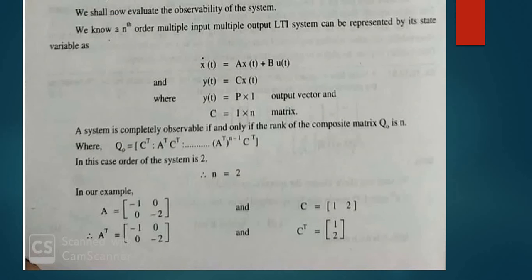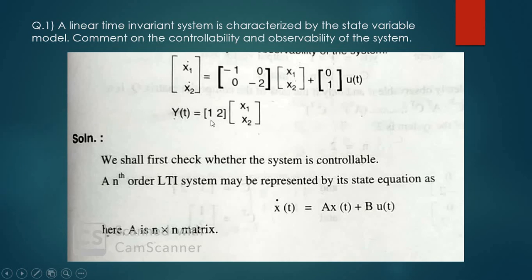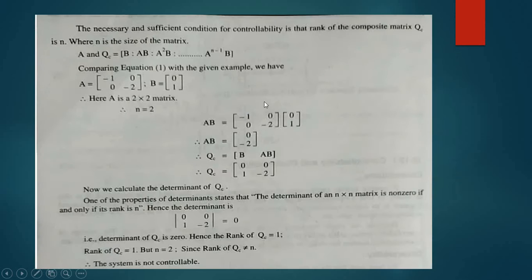Let's see, we shall now evaluate the observability, because in the second part of the question they have asked you to find out the observability of the system. An nth order multiple input LTI system can be represented as x dot of t is equal to A x of t plus B u of t, and y of t is equal to C x of t. Here in the question, y of t is equal to C into x1 of t, so C is nothing but